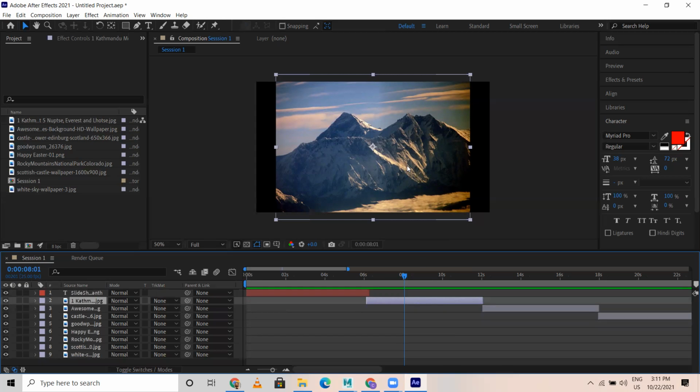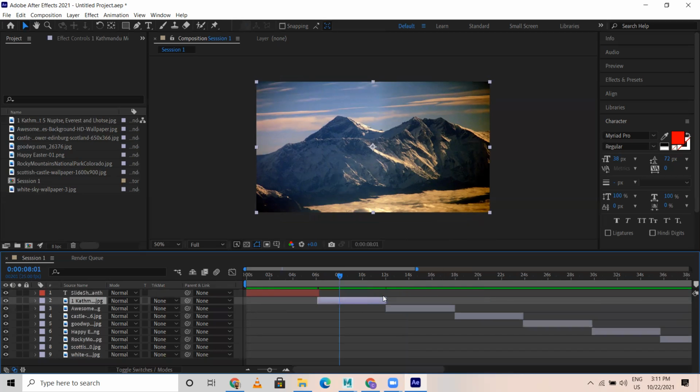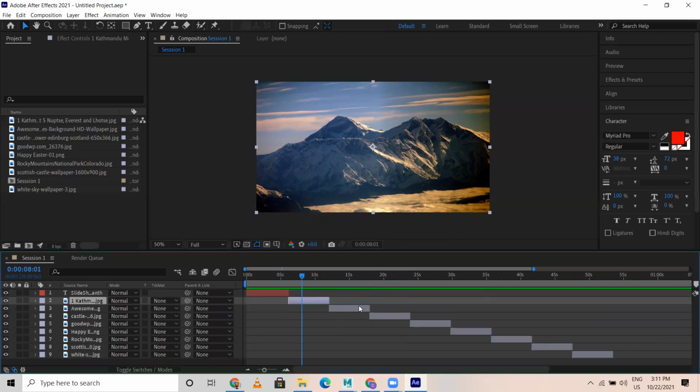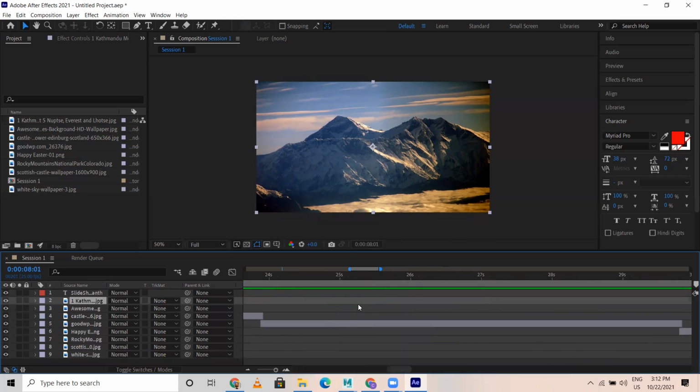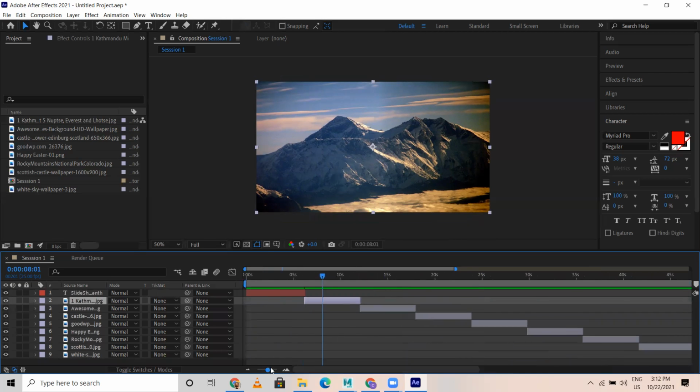There's a shortcut called Control Alt F, fit to screen or fit to scale. Control plus Alt plus F. So it will fit to the stage. Holding Alt, and scrolling down, you can reduce this or you can increase. Same way you have this here.